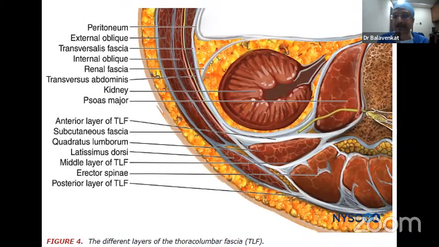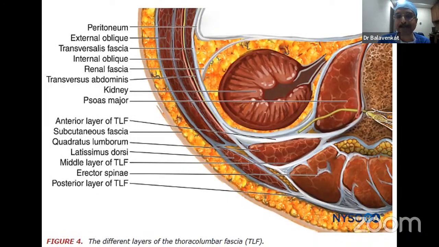This is an excellent schematic representation of what we see. So that is the skin, subcutaneous tissue, and you see the external oblique, internal oblique, and the transversus abdominis. And here is where you deposit the drug in a TAP block. And then you see the other muscles which are of great relevance to us. So that is the Quadratus lumborum that you see here, the erector spinae posteriorly, and that is the psoas muscle. This is an important diagram, and it's a simple diagram which all of us have to understand